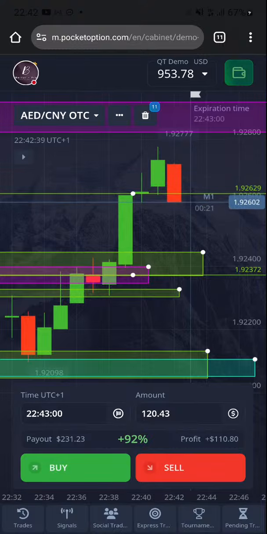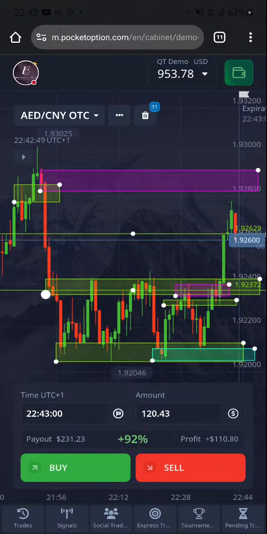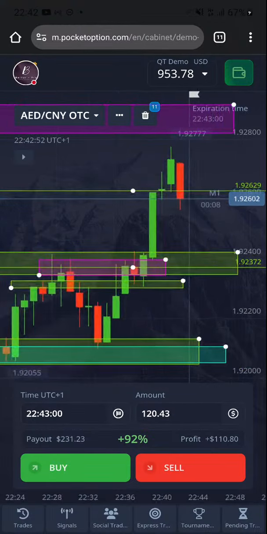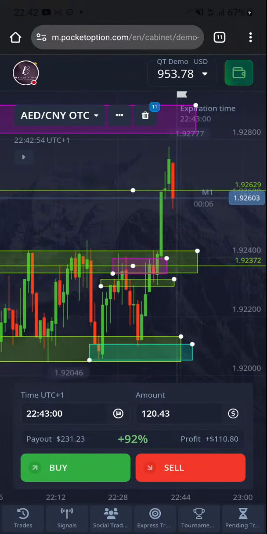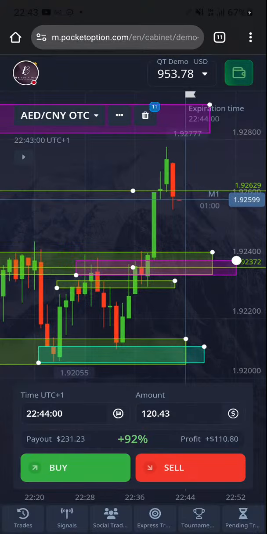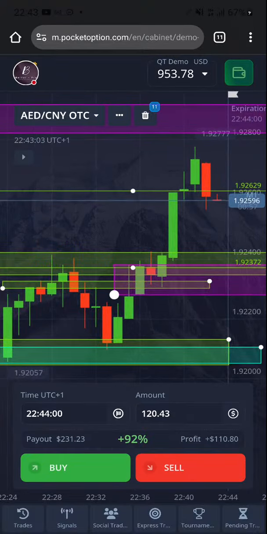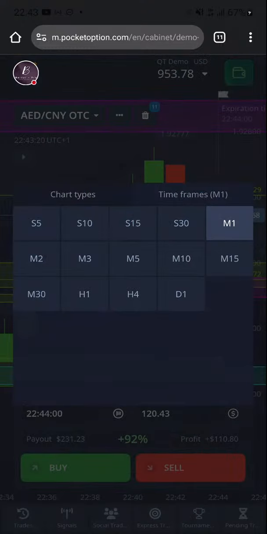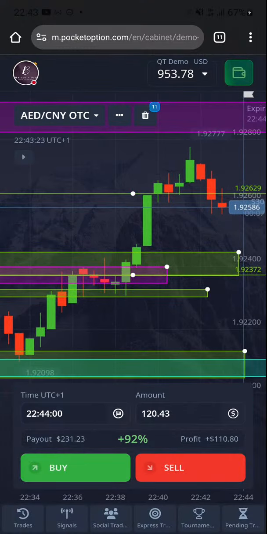Now you see around this area of resistance, we have another opportunity here waiting for us. So we might as well just take advantage of it now. If price comes back to this previous supply area, let me show you what might happen. You see this area? Okay, fine. You see this area is a decision point. Anytime you see a breakout like this, there's always a decision point for that trade, for that breakout. So if you go to lower time frame, I can't find it in S30, but if you go to S15,